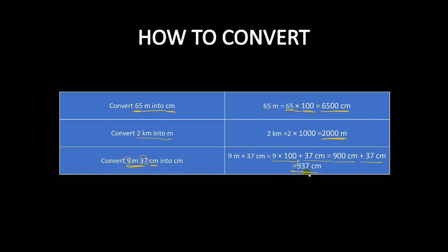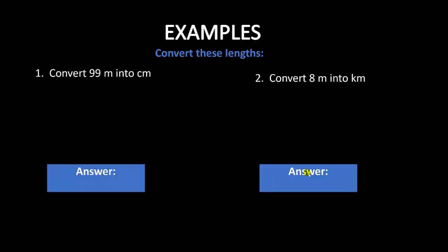Now let's see what our examples are today. Convert these lengths. We're going to have to convert 99 meter into centimeters. So that's going to be 99 meter multiplied by 100, which is equals to 9,900 centimeter. But why 100? Because we're converting a big unit to a small unit, because we're jumping 2 times. But why multiplication? Because we're converting a big unit to a small unit. So the answer is